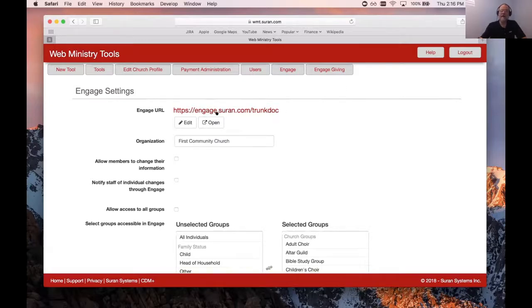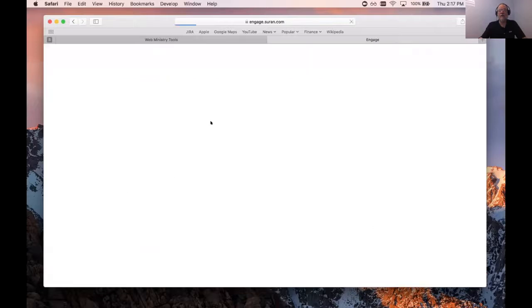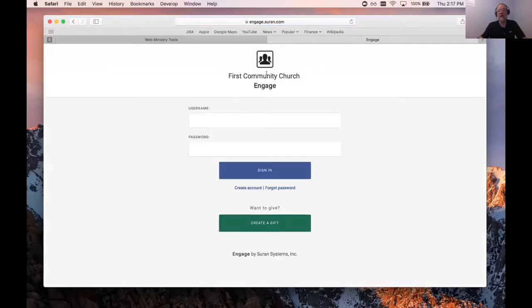It always starts engage.saran.com. That's the website. Then this second piece after the slash is a string that you create that makes this the URL, the web address that you then give to your members to say, go here to access Engage and have access to the online directory. From administration, I can click the open button and again, open that up and see the Engage